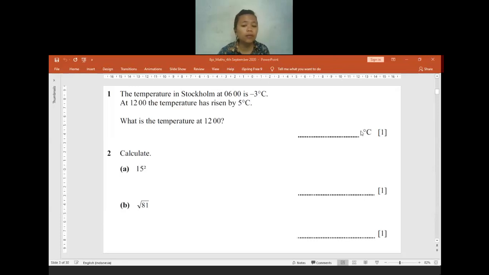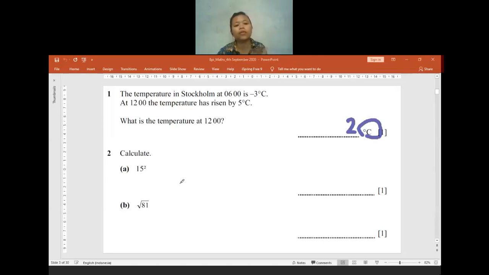Is there anyone having any question about how to get to it? No? Okay. Usually the unit is already given in a maths paper, but for science, I think you have to write the unit by yourself. So if you directly write the answer as 2, it's already correct because the unit is already given. If you write it as 2 degrees, it's also okay. Cambridge will still accept the complete unit.